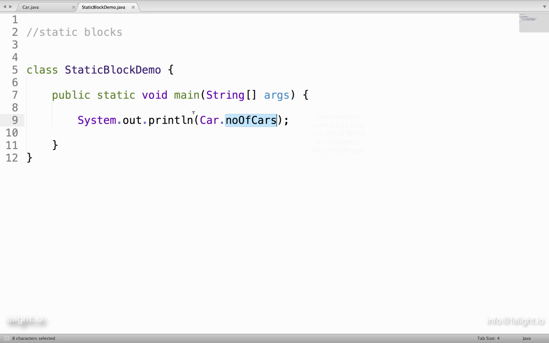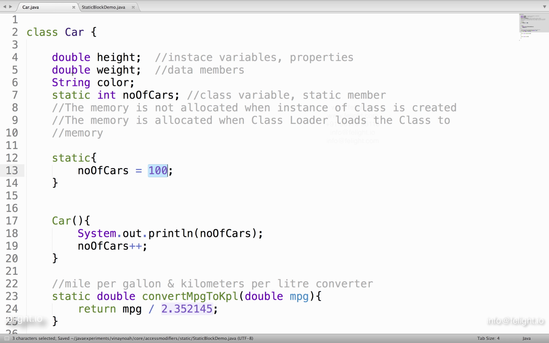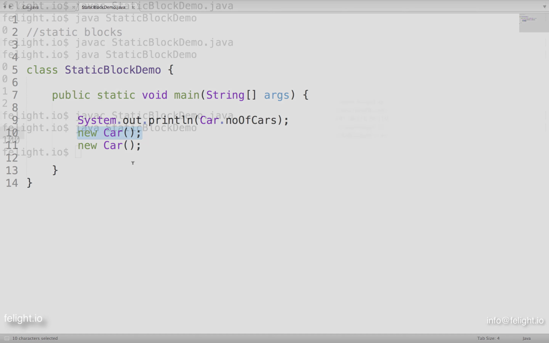suppose after this I'll say new car and new car. So understand this one. When we say new car, we are creating a new instance, but this is not gonna call. This is gonna call only once when the class is loaded to the memory. Is it clear? So we get the output as now